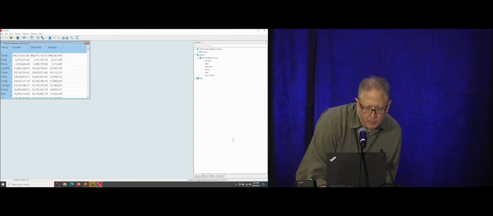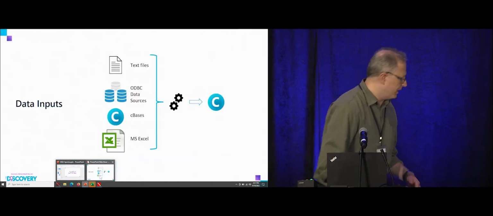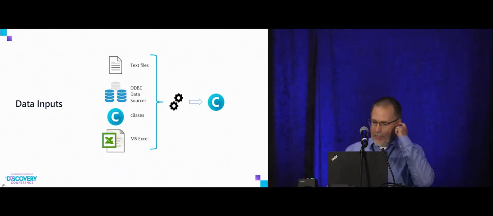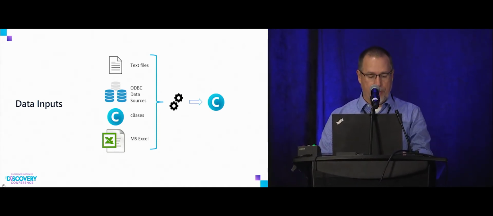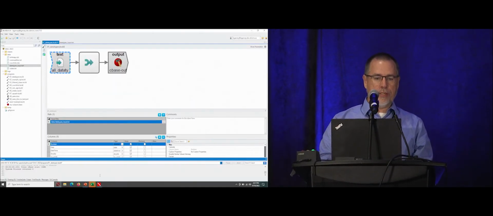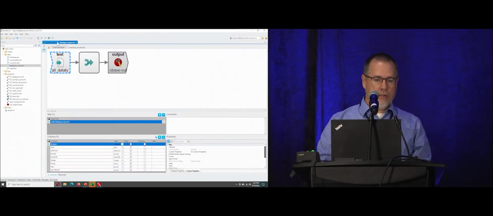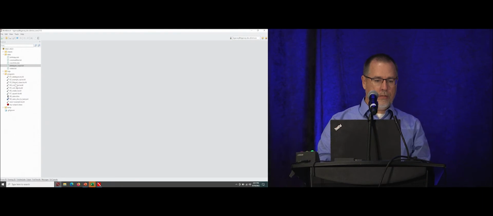So let's go back to the slides. All right, thanks. So again, that was a simple text file. Now let's look at an ODBC example, or a SQL example. Let me just clean up the screen here a little bit. Close that up, and